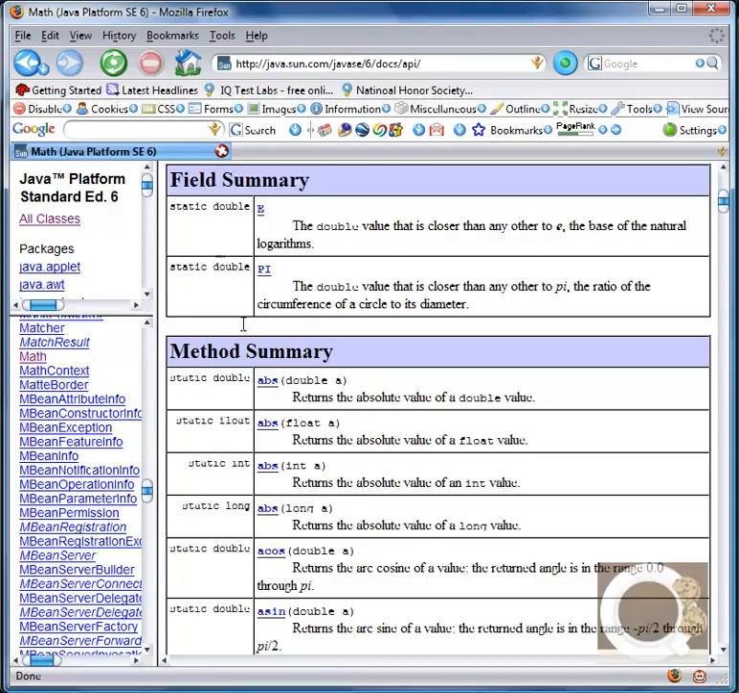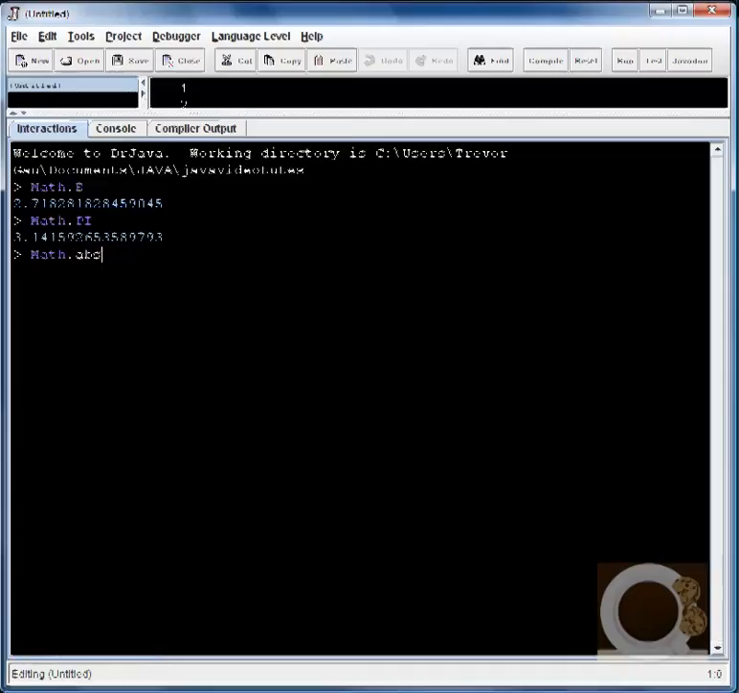It's not a constant variable. So it's just ABS, and then it says open parentheses, double A, close parentheses. Double is a data type. Double means it's going to have a floating point value. So you can give it a floating point value, and it will return the absolute value of a floating point or double value. So let's go down to Dr. Java